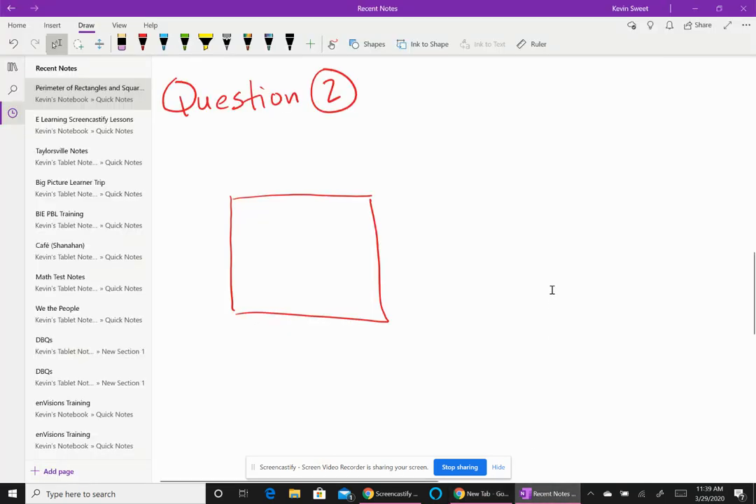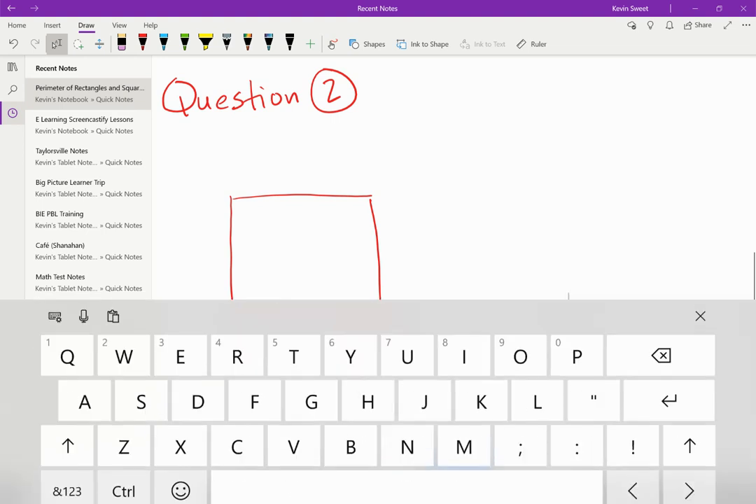Welcome back, 4th grade. Now we're moving on to question 2. We have a square, and let's give this square some measurements. So what we're going to do for this square, and again, sometimes my pen freezes up, we're going to give,